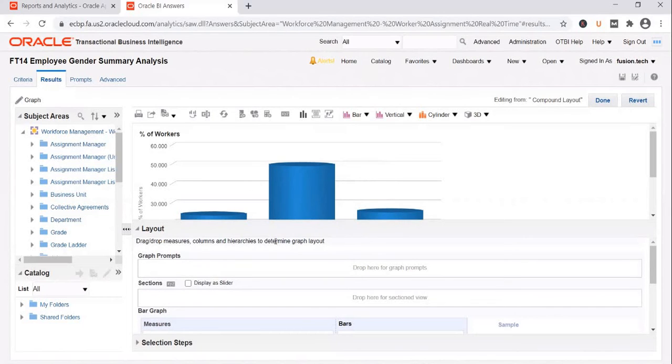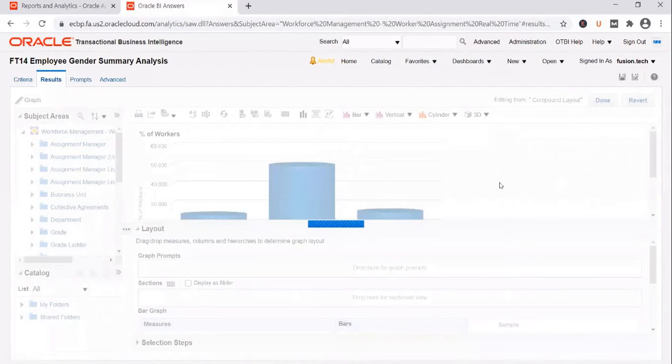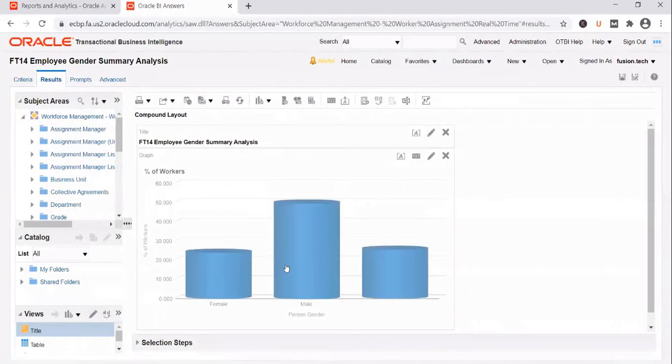And it's reports like this, summary reports, that you can plug into OTBI dashboards. You normally don't plug the detailed reports into OTBI dashboards, but it's reports like this that you plug into summary dashboards or OTBI dashboards. Okay, so you save this. So this is how you build summary-based OTBI reports.